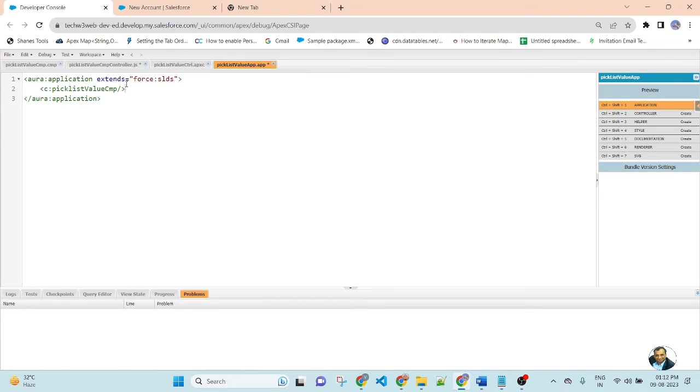I am using extends equal to force:SLDS, so this property will automatically inherit all of the Lightning Design System CSS classes. Save the file. Now I am previewing this application.